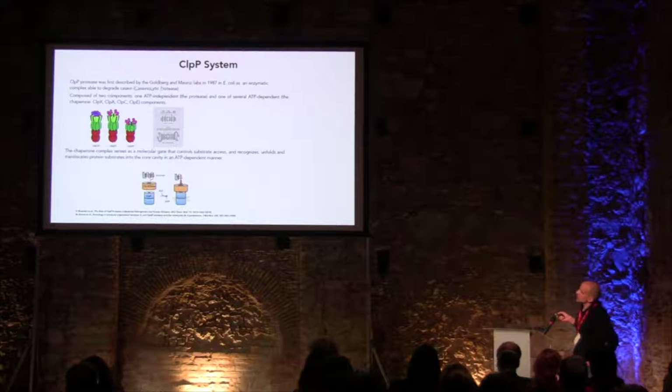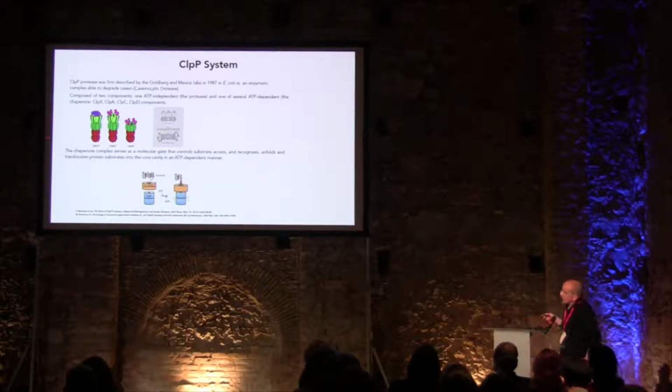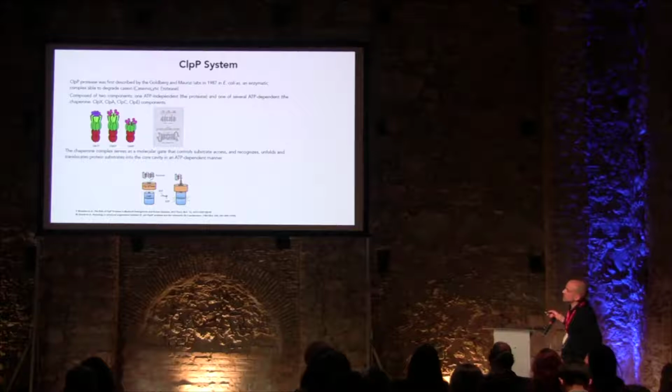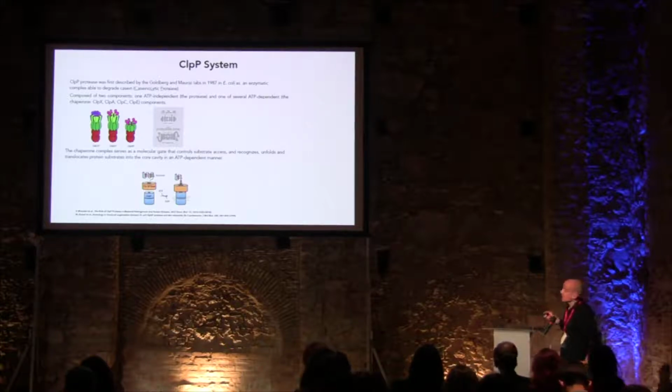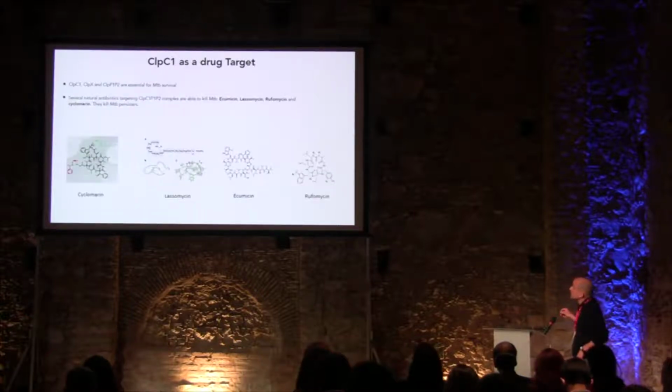Because the active sites are inside ClpP, the protease is prevented from being active per se, and the degradation only occurs when these activators, these chaperones, bind to ClpP and feed the substrate inside. At the bottom you see a nice cartoon. This shows, very simplified obviously, that this requires cycles of ATP. So basically these activators, ClpX, ClpA, ClpC, use ATP to unfold substrates and translocate them inside the protease where the degradation occurs.